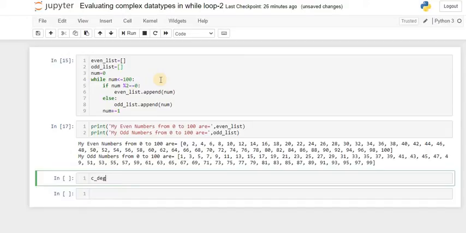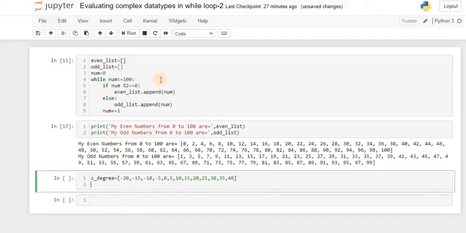So C_degrees is equal to -20, -15, -10, -5, 5, 10, 15, 20, 25, 30, 35, 40. So I want to give my C_degrees like this.